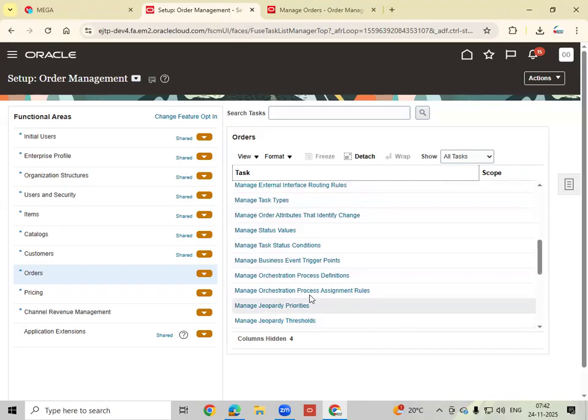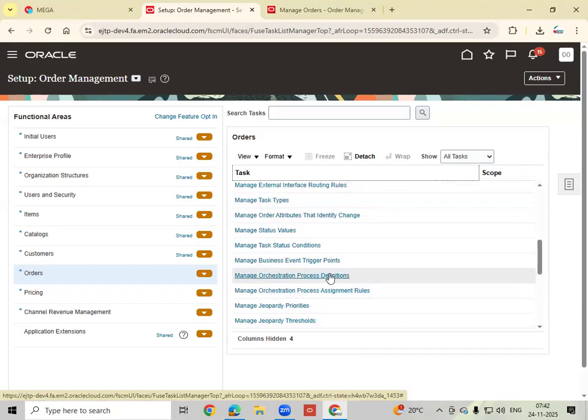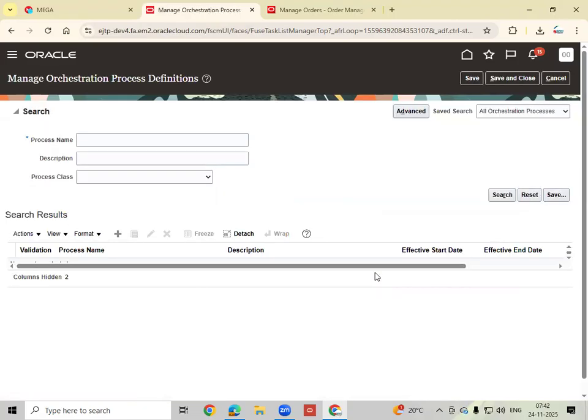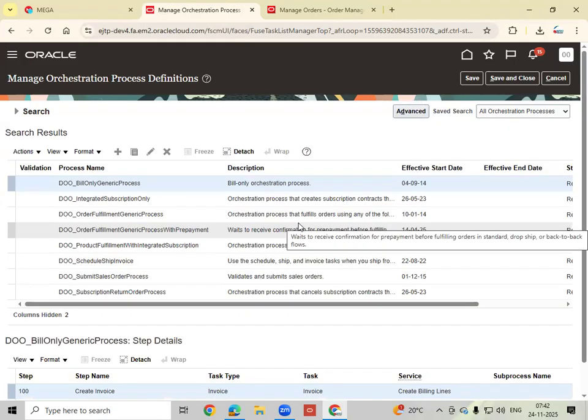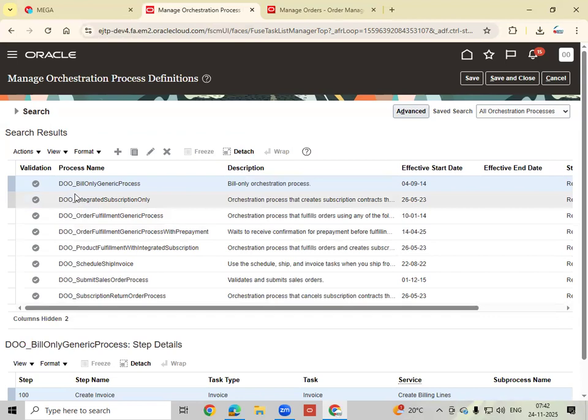Here, order orchestration process definitions. Just search with DOO, distributed order orchestration. See, whatever starts with DOO, all are the